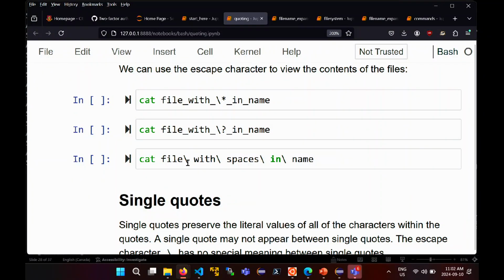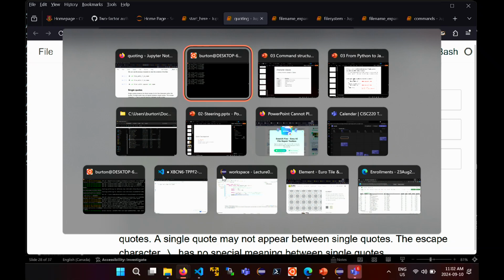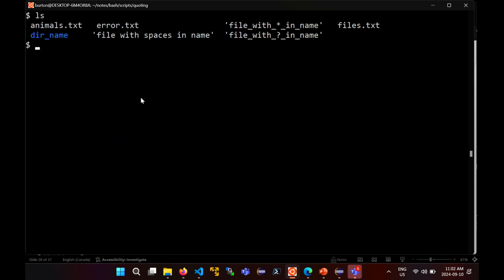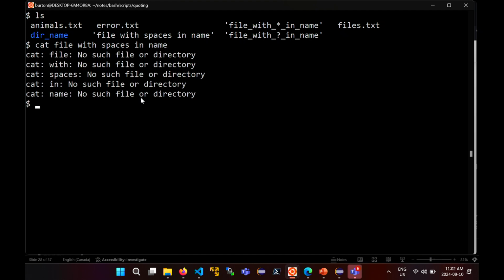Oh, the same is true with spaces, right? So if I wanted to look at the contents of the file with spaces in names, right? Cat file with spaces in name. Okay, so what happens if I do this? Right? You get back this weird error. It says there is no file called file, there is no file called with, there is no file called spaces,